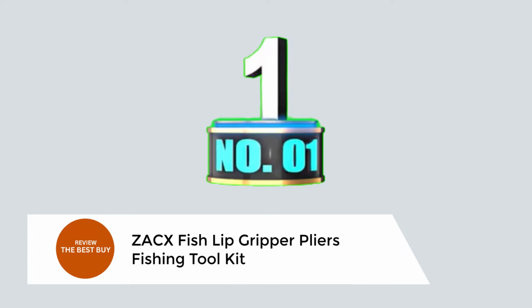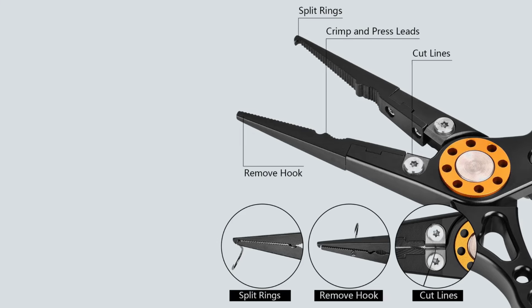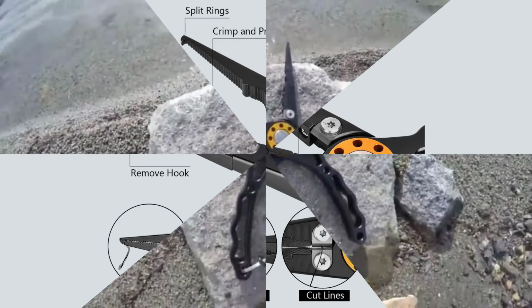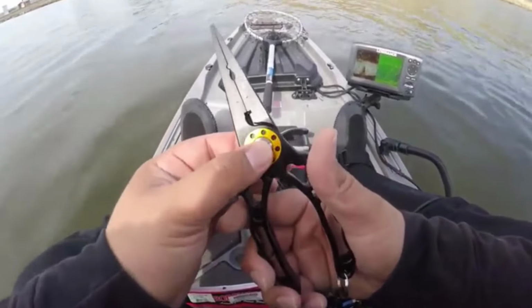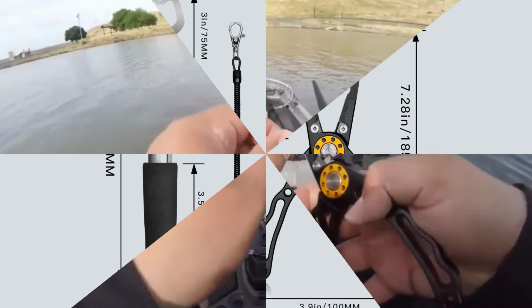Number 1. ZACX Fish Lip Gripper Pliers Fishing Tool Kit. Introducing the ZACX Fish Lip Gripper Pliers Fishing Tool Kit, engineered for ultimate performance on the water. With an upgraded EVA foam handle for enhanced grip and reduced fatigue, this classic T-handle grabber ensures comfort during extended fishing trips. The new aluminum fishing pliers feature an elegant hollow-out design and machine-cut aluminum handles, providing both durability and